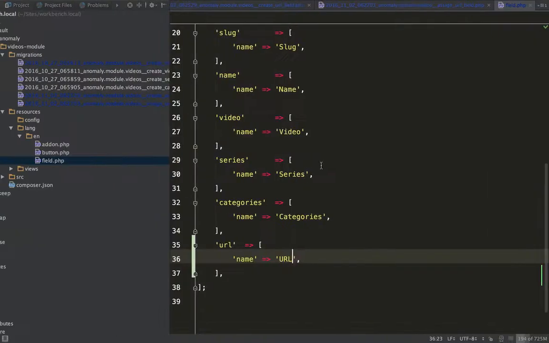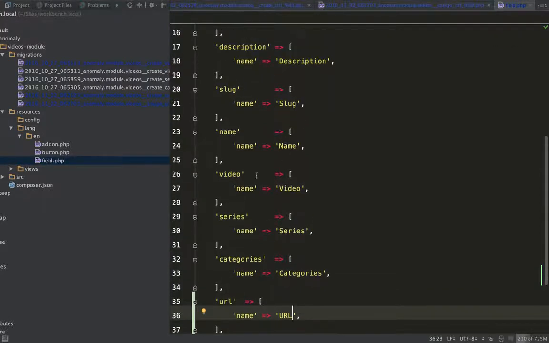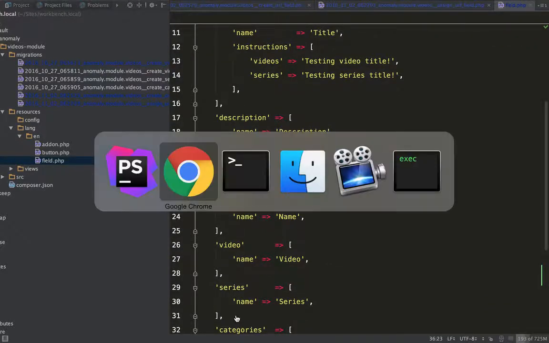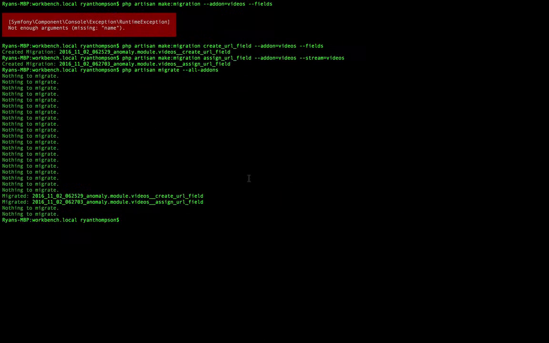There's one other way to migrate some things. Let's say that maybe you don't want to use these shorthand migrations. Maybe there's a little bit more logic involved in this migration that you want to do. So another way you can do this is let's make a new migration. Make migration,